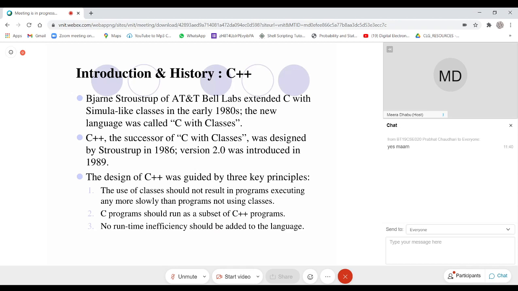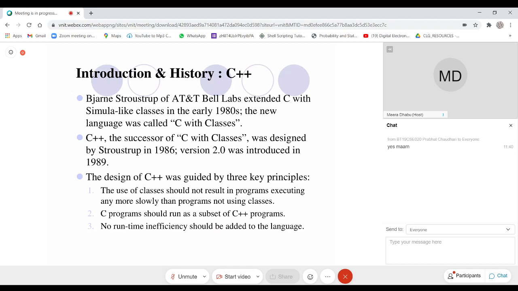Then he completely designed the C++ language, which is nothing but a successor to C with classes. It was done by Stroustrup in 1986, and version 2 was introduced in 1989.